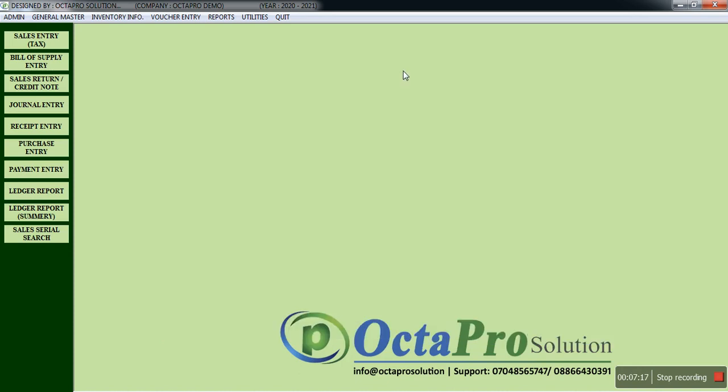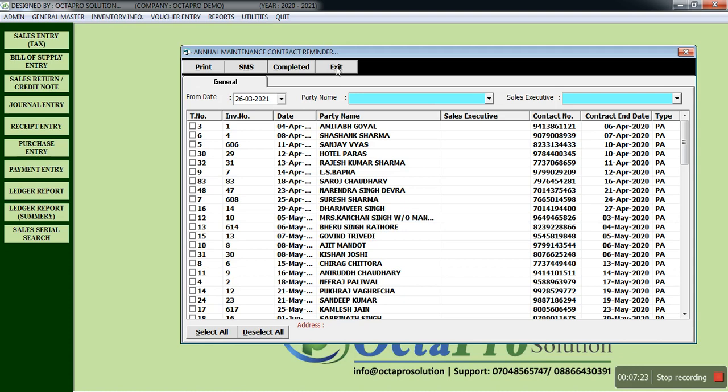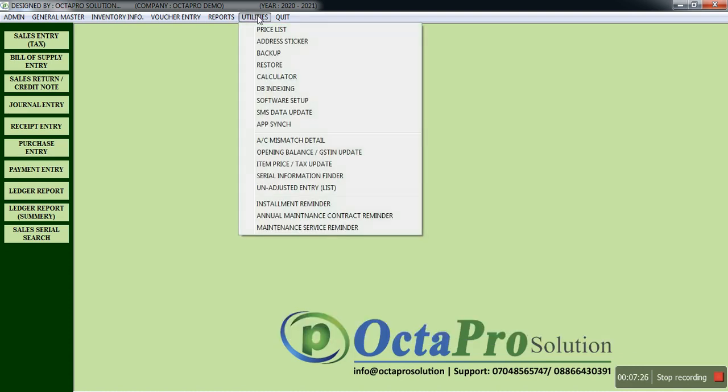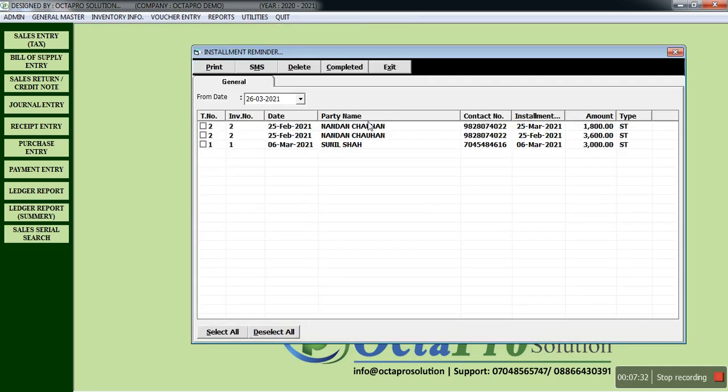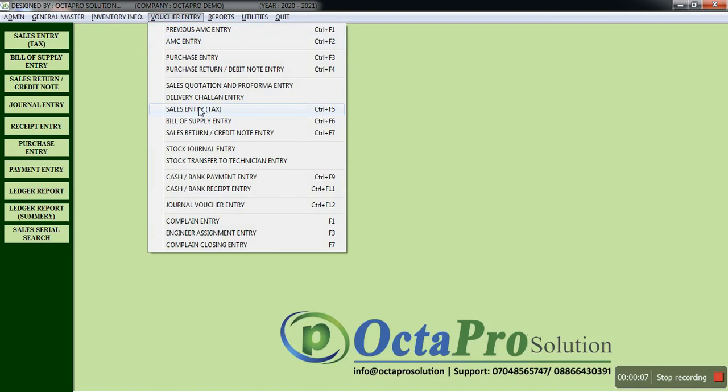Next one is your contract expiration reminder. It will also give you a reminder in the same way when your contract is going to expire. Additionally, I told you about the installment reminder. As you can see, multiple installments. The software will give you a reminder for the payment of each installment. So here you can see installments of the customers. If you wish, you can send them an SMS directly, or if you want to complete it, you can directly complete here. So it is your complete sales management with warranty management. As of now we are done with the AMC contract and sales management with the warranty service.